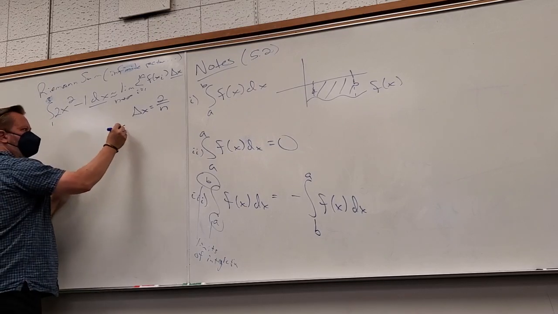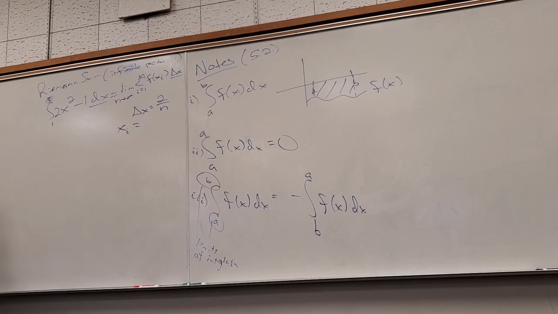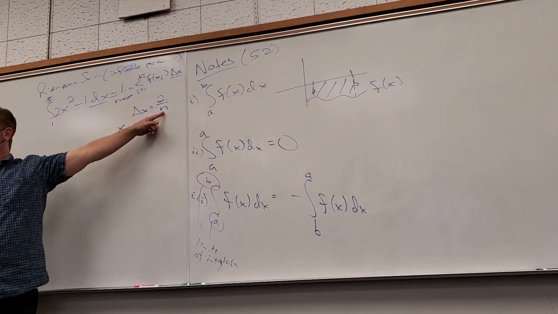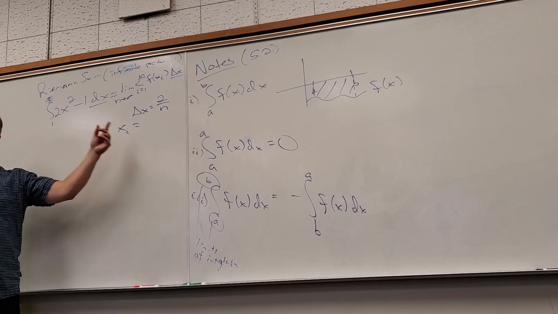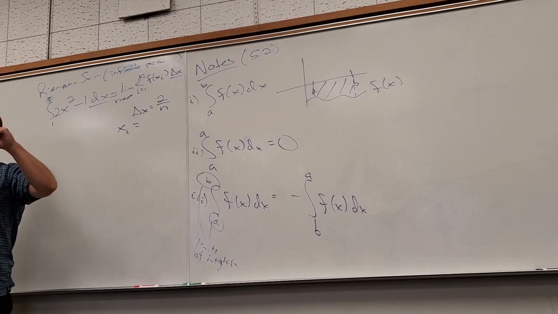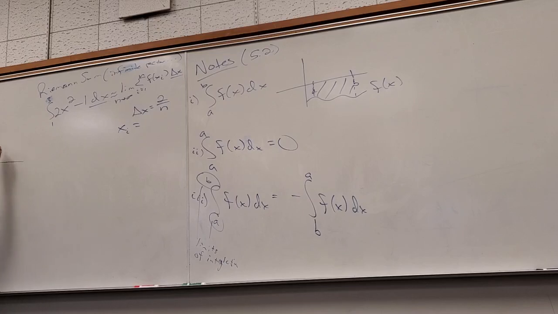Is everybody so far so good, right? This step is the same as always. Just divided by n, because they didn't tell me what n was, so I just kind of put it in there. This step is kind of new, but it's still the same idea. If I'm going from 1 to 3,